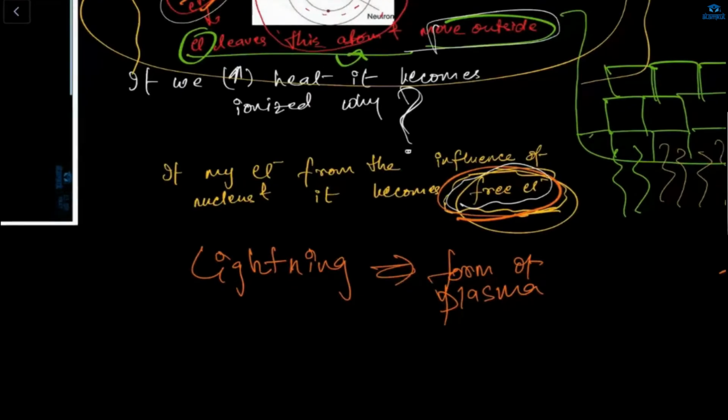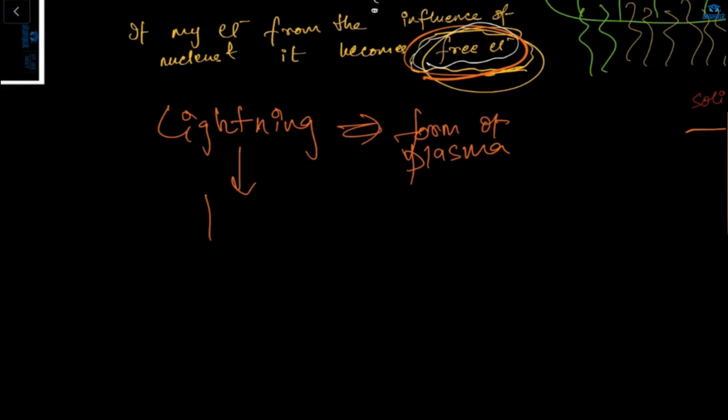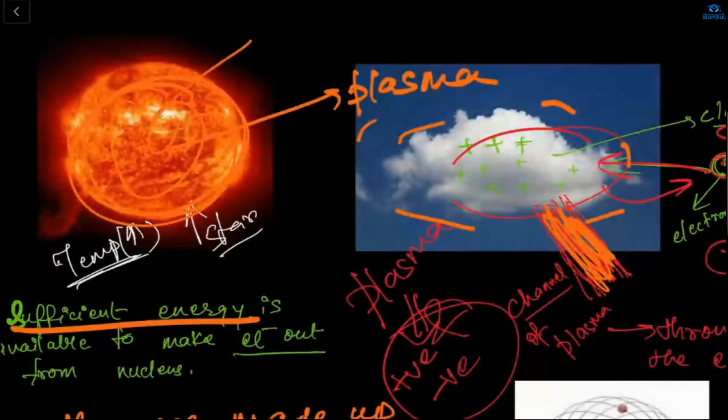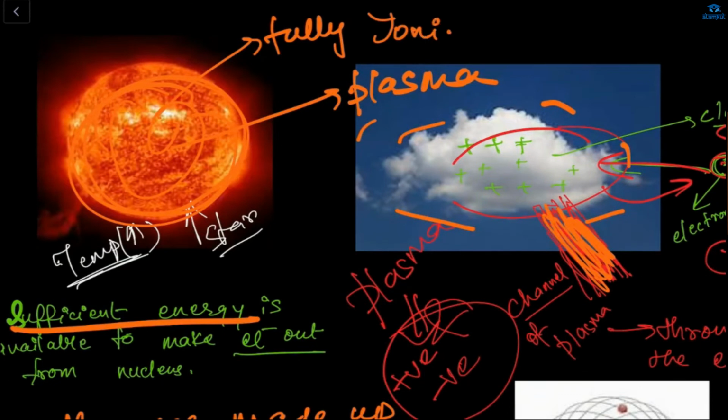Okay. So the lightning is a form of plasma, and lightning is known as the partially ionized plasma, and inside sun or star plasma is called the fully ionized plasma. See, the lightning is called partially ionized plasma. Yes, ma'am. And inside my sun or any star, there is a fully ionized plasma. Now we will learn about the fully and the partially ionized plasma.